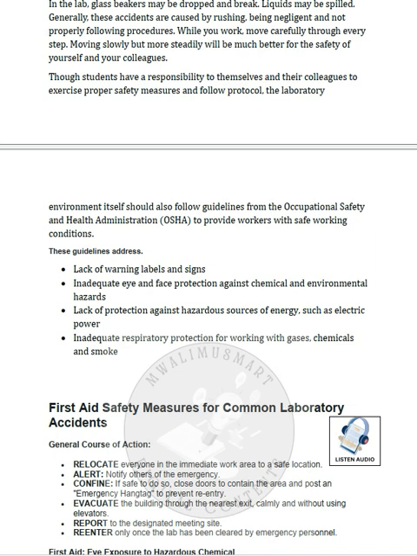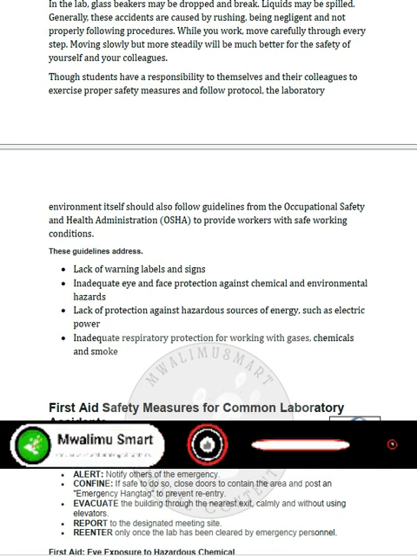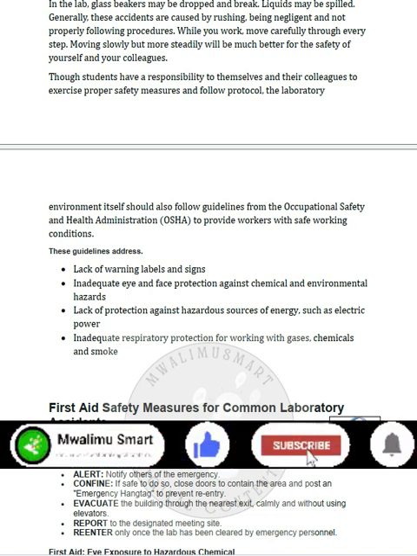Lack of warning labels and signs. Inadequate eye and face protection. Lack of protection against hazardous energy sources, e.g., electricity. Inadequate respiratory